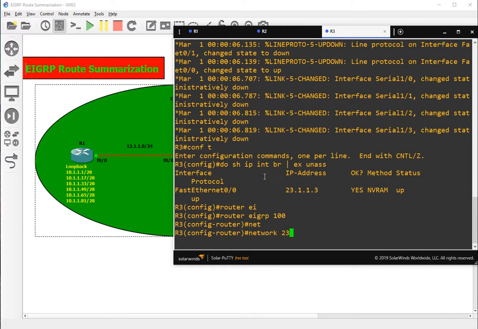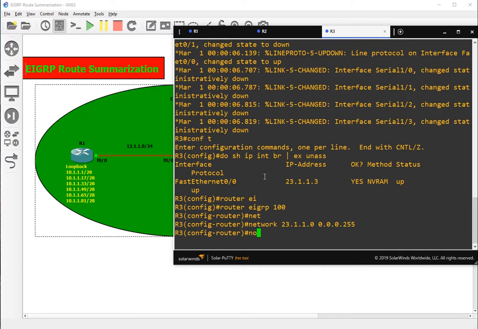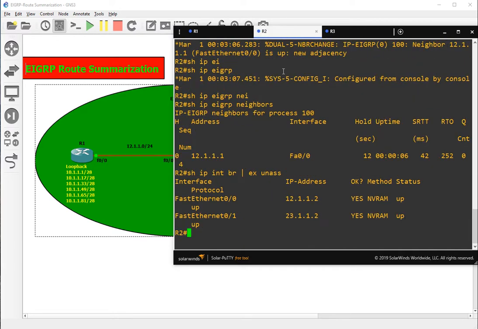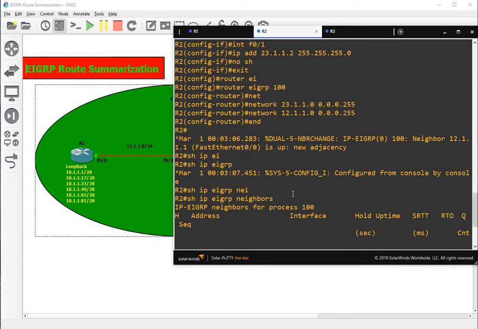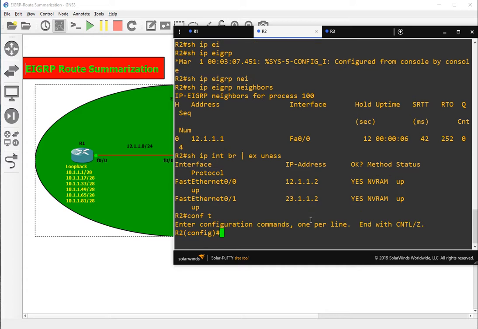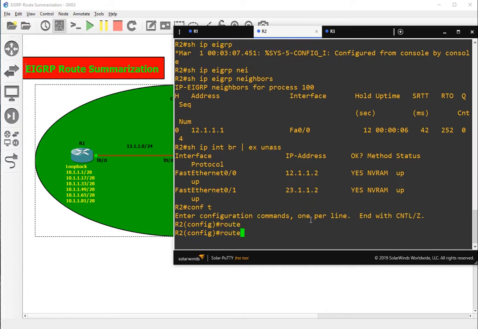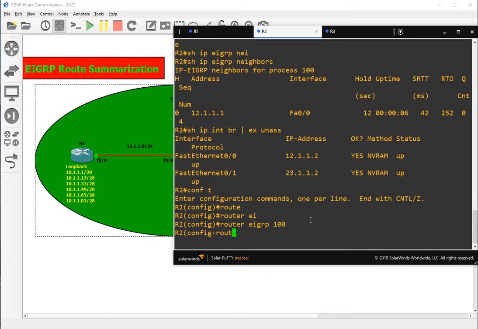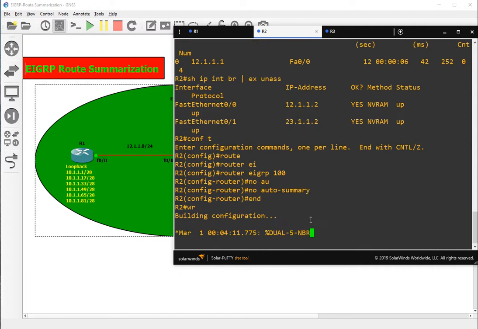Network 23.1.1.0, 0.0.0.255. No auto summary. I'm not sure if I gave the no auto summary command over here. Let's double check. Yeah, we did not, so let's give that. Config T, router EIGRP 100, no auto summary, and write.